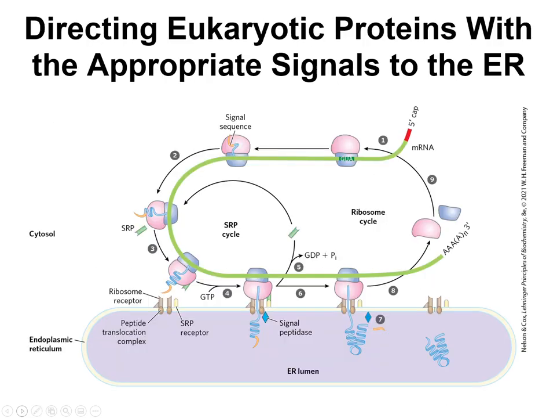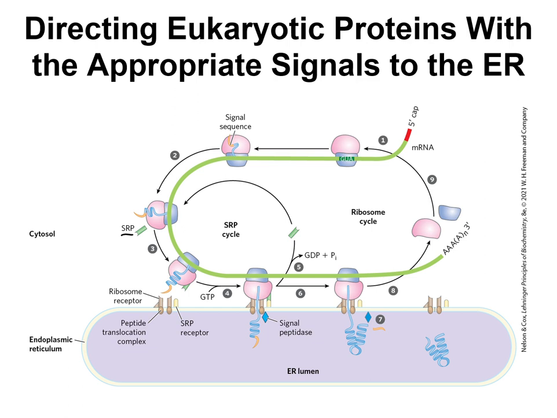So this is just a pictorial representation of what we just talked about. The first thing that happens is you make your polypeptide. You eventually have that free signal sequence out there, which will be bound by SRP. Once you get a little bit more of that polypeptide made, eventually you're going to relocate that ribosome and the